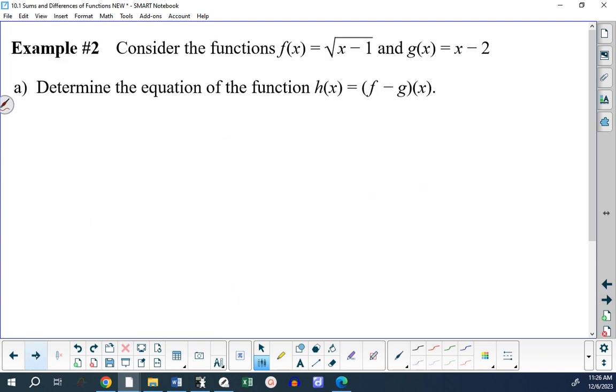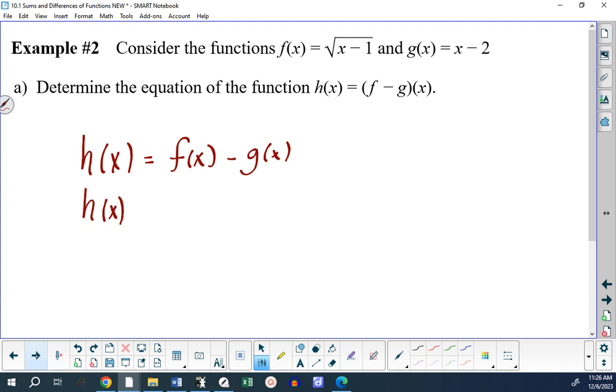All right. This will say warm-up 2 in your handout, I believe. Okay. So now we have two functions. F of x equals root of x minus 1. G of x equals x minus 2. Determine the equation of the difference between the two functions. H of x will be equal to f of x minus g of x. So h of x is the square root of x minus 1